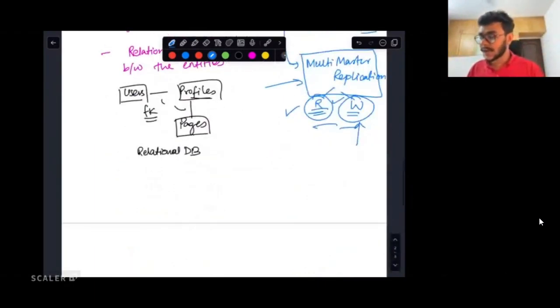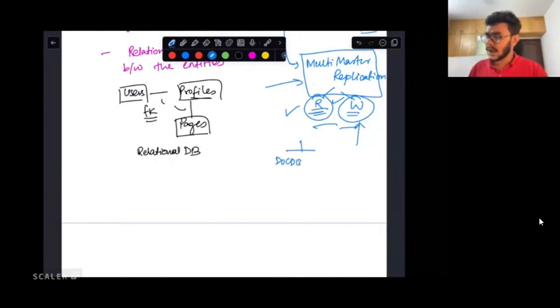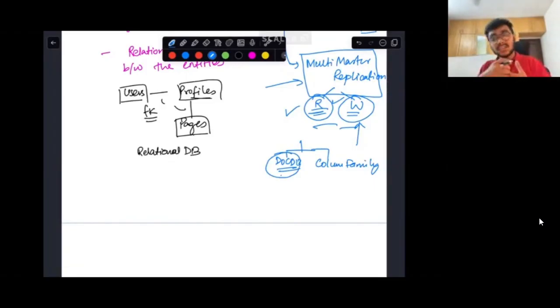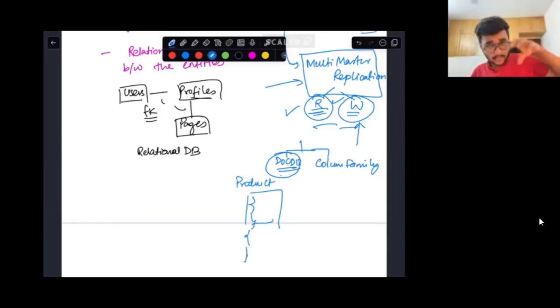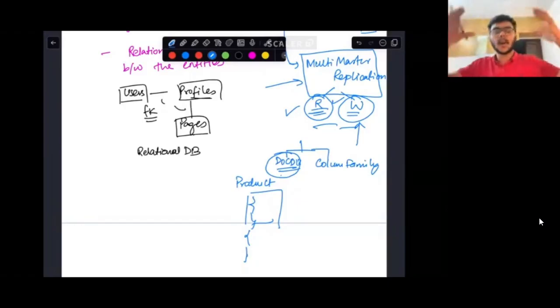Now in LSM tree kind of a database, there are some NoSQL databases that fall into it, right? Things like DocumentDB, or column family databases. Typically DocDB kind of databases are used for highly unstructured data, where today you do not know what other fields can be added into your schema. For example, if you're building something like an e-commerce catalog, for every product you have to list a few things, right? You can end up adding more and more fields for different kinds of products that are listed today, as opposed to products that were listed, let's say, 1 year back. Because let's say Flipkart decides, okay, fine, we want to give 10 more features that the user should be able to see once a product is listed onto the screen, right?